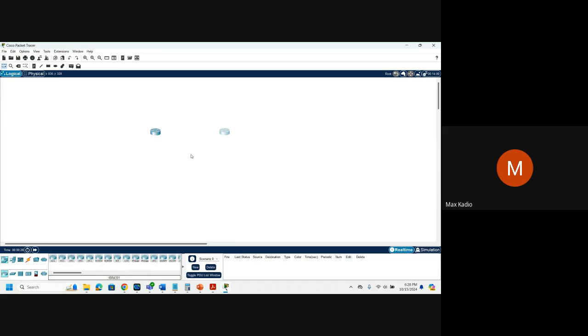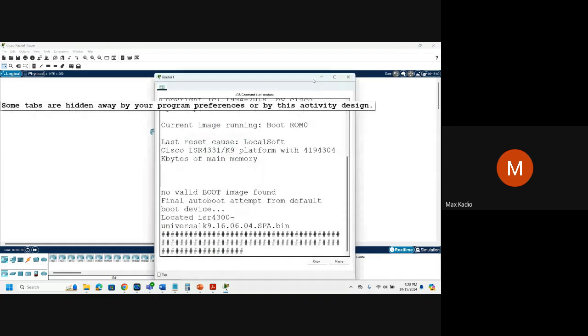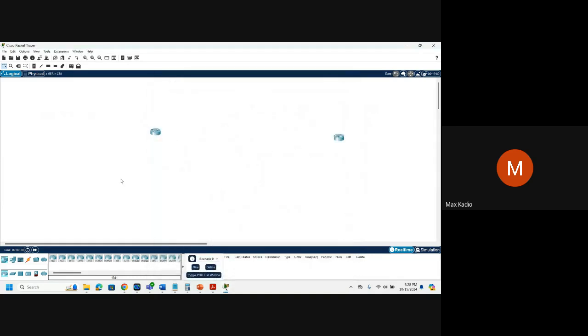If I put, no, I'm going to use only 1 router for now to make it very simple. And I'm going to use 2 switches. I'll make it very simple for now. Then I put